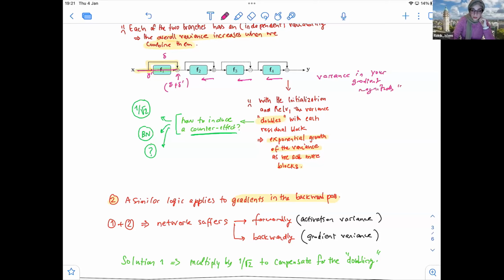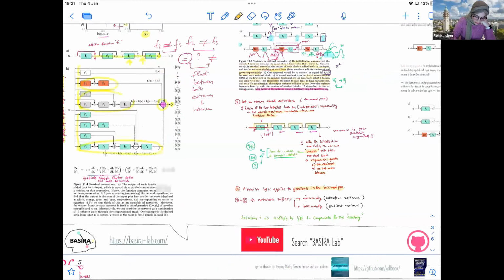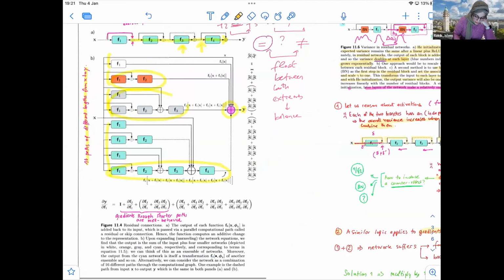And this variance is not good to have. So it's a similar thing. Because of the skip connections, you're going to have this kind of cumulative variance in your gradient magnitudes from layer to layer. And you can actually see it here. So, the first layer, the second layer, third. So this is cumulative, so you're adding up different things. When you compare the first layer and the second one, etc., you can see that comparing identity with this quantity, there is a big delta here. There is a huge gap.